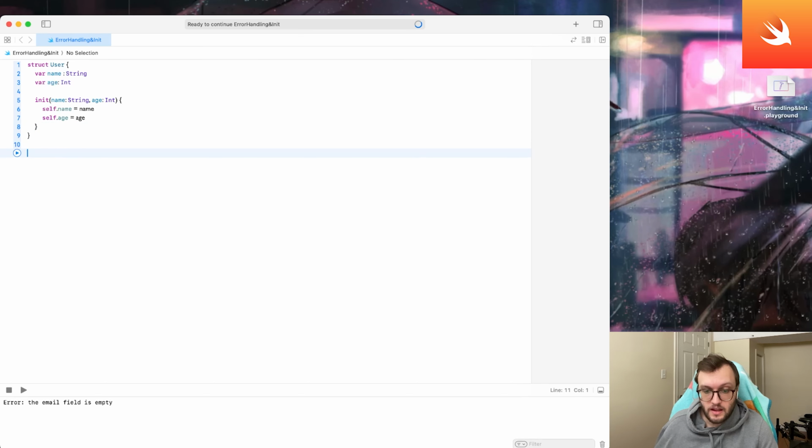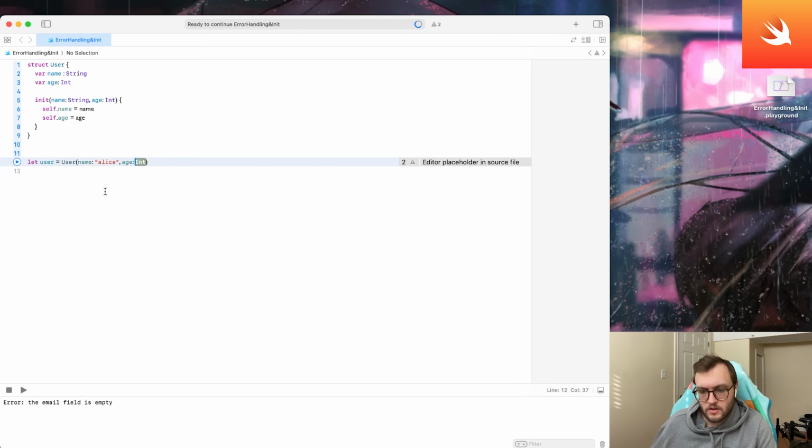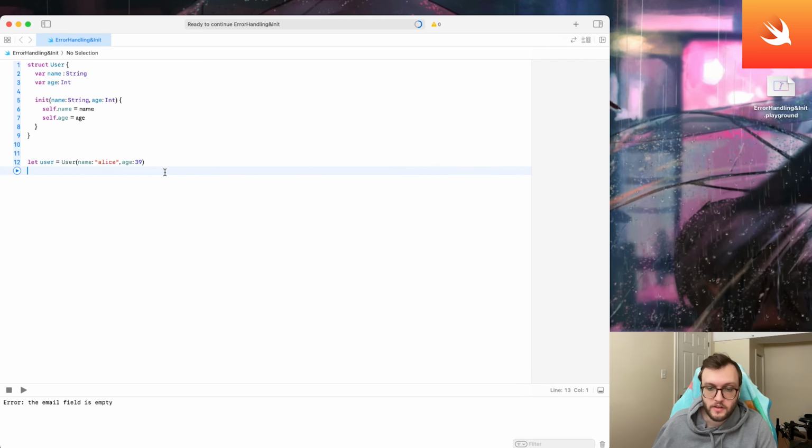So let's go down here. let user equals User. Go ahead and fill in those name and age. Alice, age 29. Oh, but 39 apparently. That's going to create a User instance. Let's go ahead and print it so we can see it. User, and then interpolate the user.name, the age,